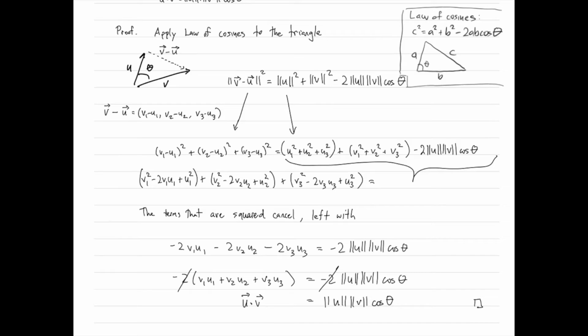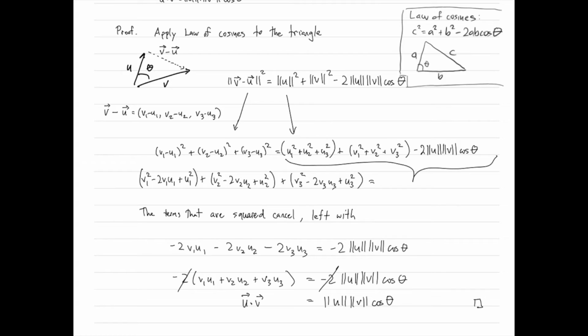Then it turns out, we can expand v1 minus u1 squared, and that becomes v1 squared minus 2 v1 u1 plus u1 squared. Similarly, all of these terms we can FOIL out, and it turns out that the terms that are squared cancel. So this v1 squared cancels with the one on the other side of the equation, and similarly the u1 squared here, u1 squared there, they cancel, and so forth. And so what we're left with is negative 2 v1 u1, negative 2 v2 u2, negative 2 v3 u3,